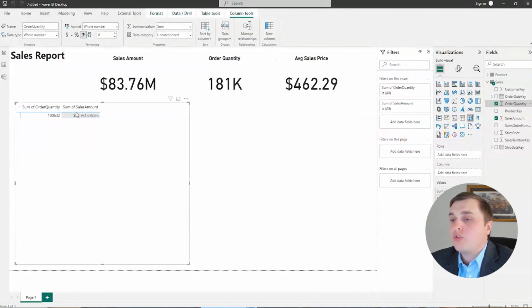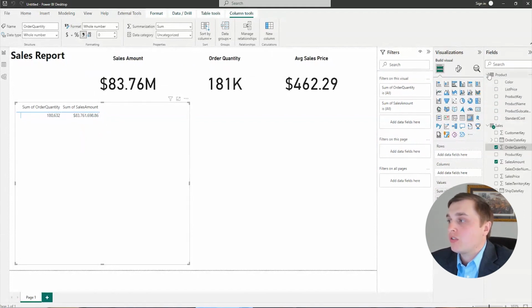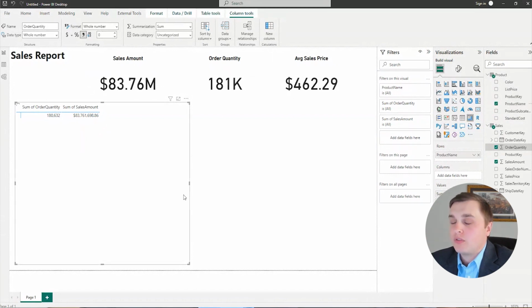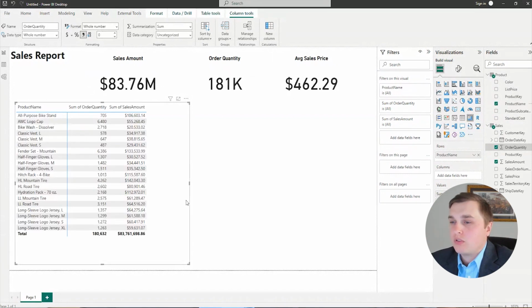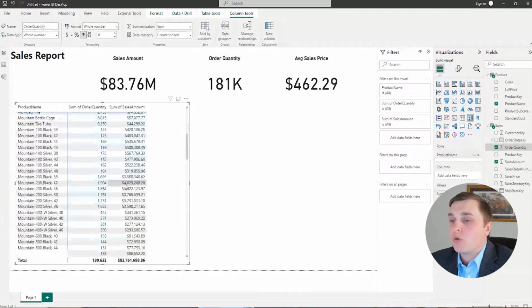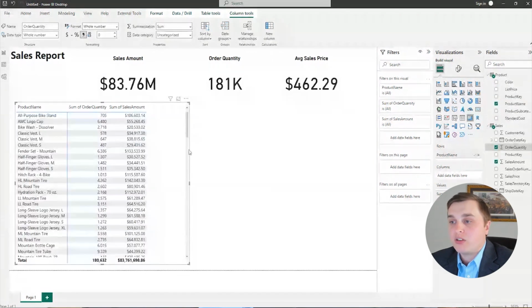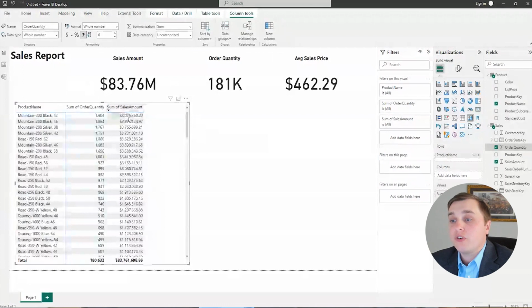Now I have 2 fields added to my visual. Maybe I just want to see this visual broken down by product. So I can open up my product table and drag in product name to the rows. Now I have my total dollar amount and my order quantity broken down by products. The next thing you want to do is probably sort by your sales amount, and now you see your largest